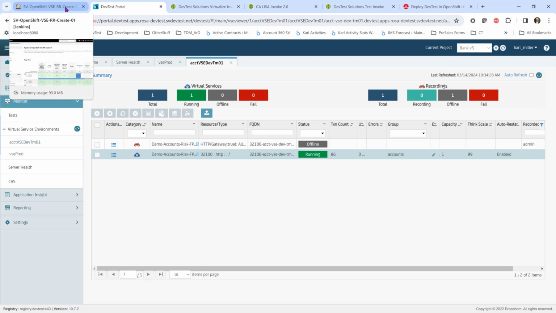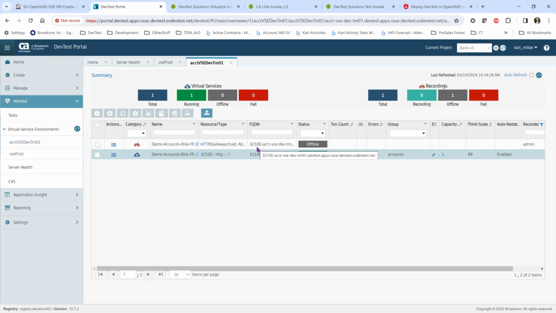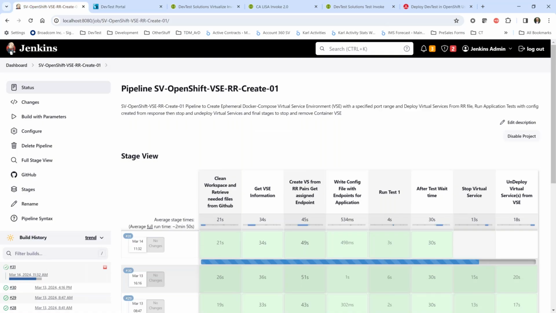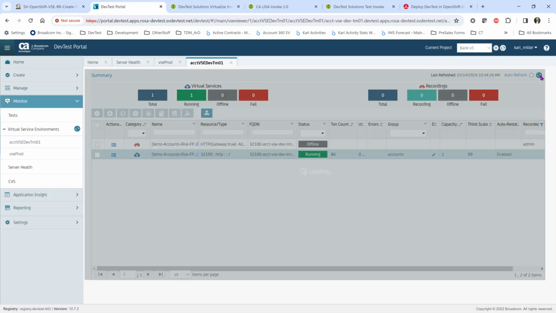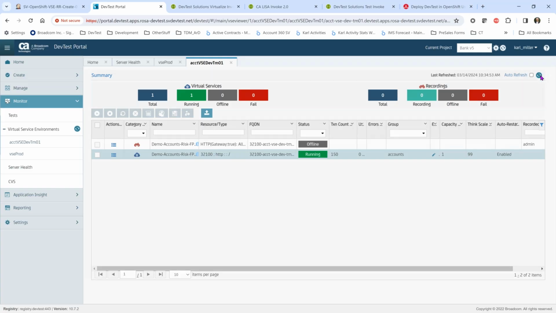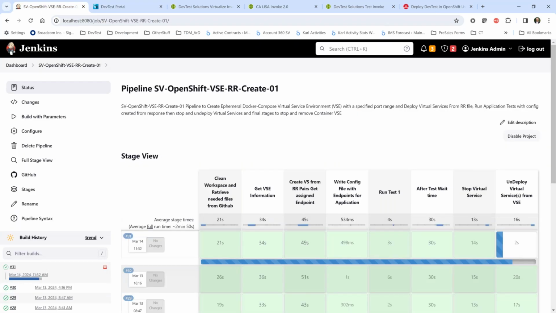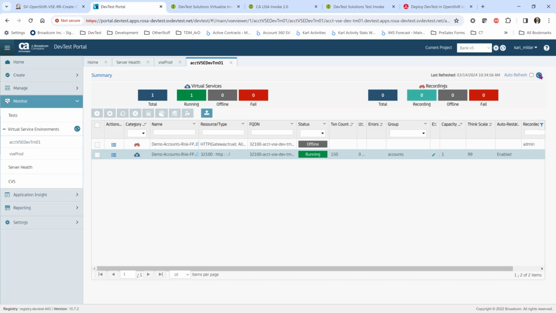Now I'm going to undeploy this virtual service as part of my package here. I'm going to stop it. I'm going to undeploy it as part of this. So it's actually starting to stop right now. If I click refresh, it's still running. One more refresh. And let's see, is that done yet? Yeah, it stopped. Okay. So go here and click refresh. There we go, it's offline, and now it'll be